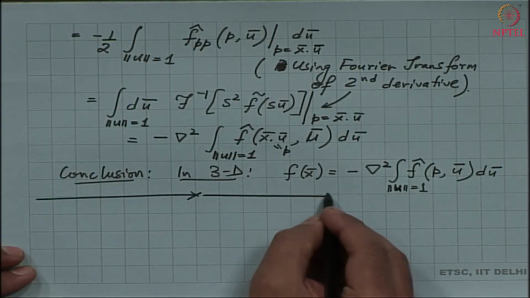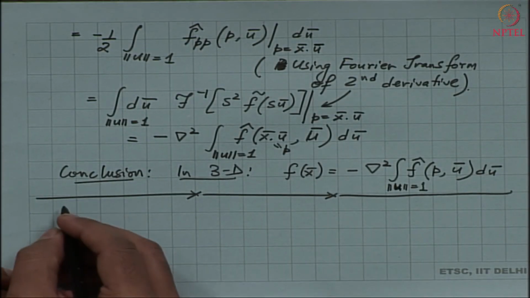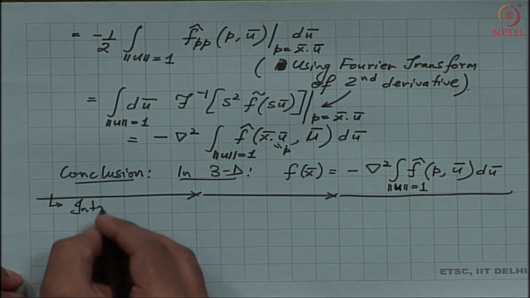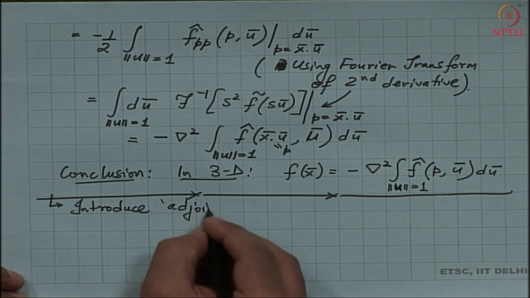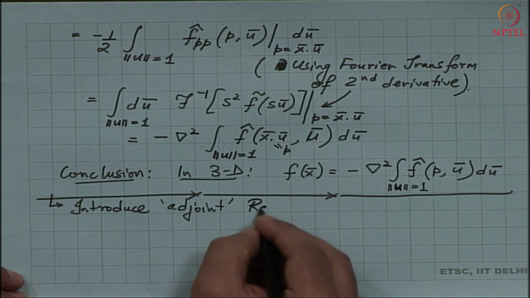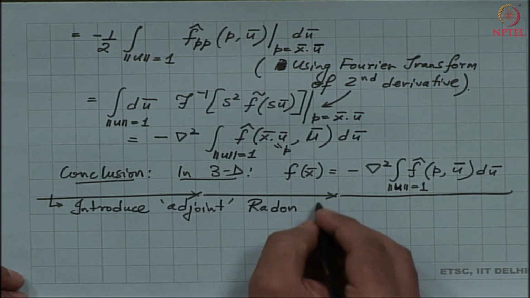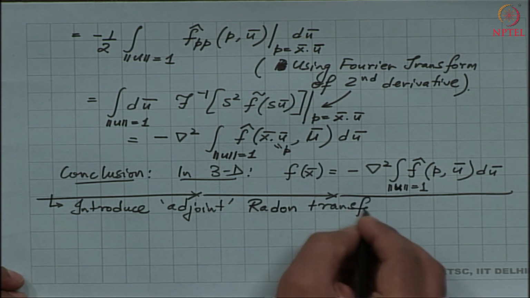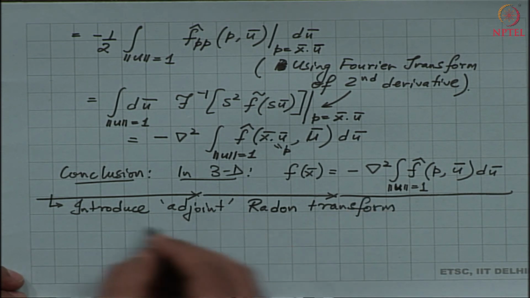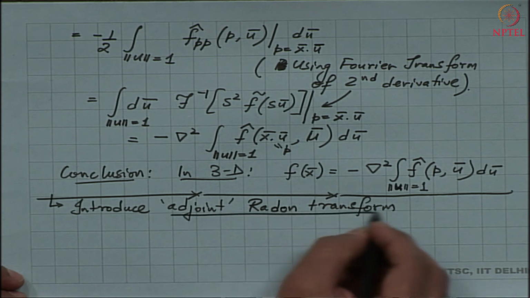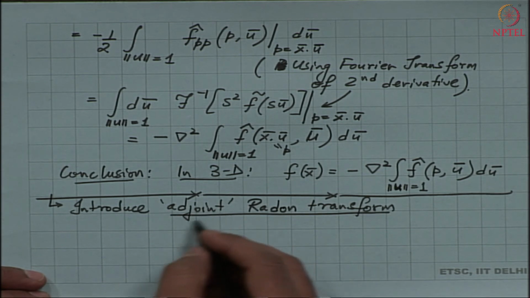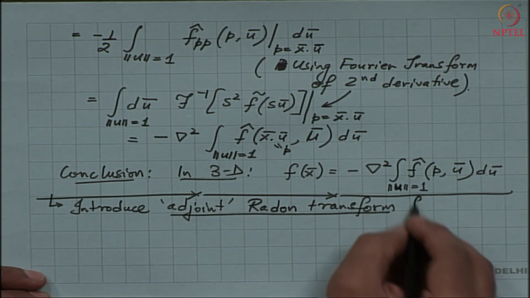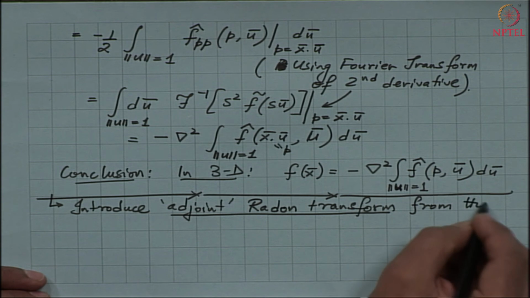Okay. So, then let me introduce the adjoint Radon transform. Okay. So, I am going to define another function called the adjoint of a Radon transform, and as the name suggests, the adjoint is going to be defined with respect to the inner product. Okay. So, the adjoint Radon transform from the definition of the inner product,